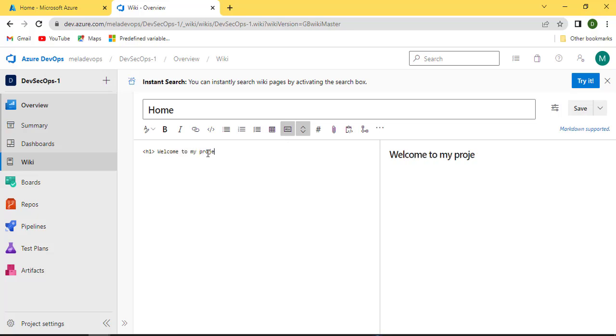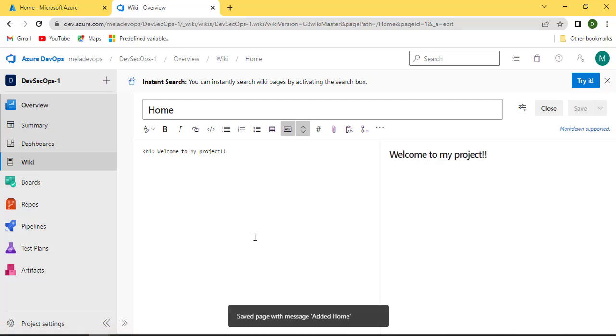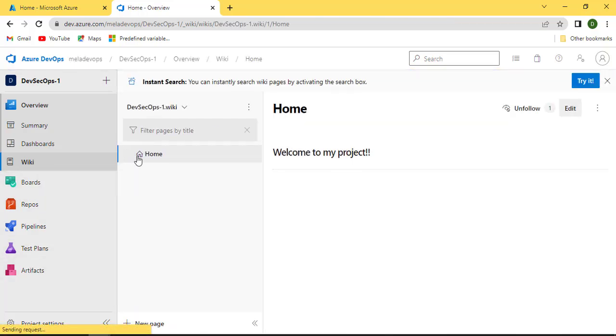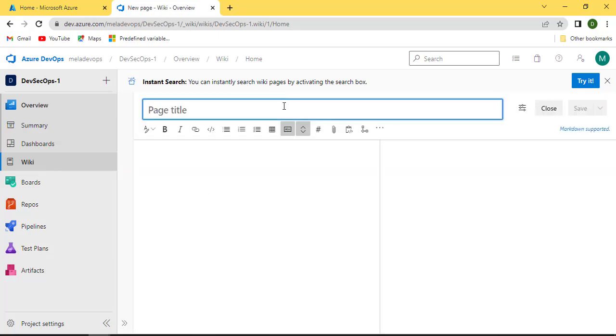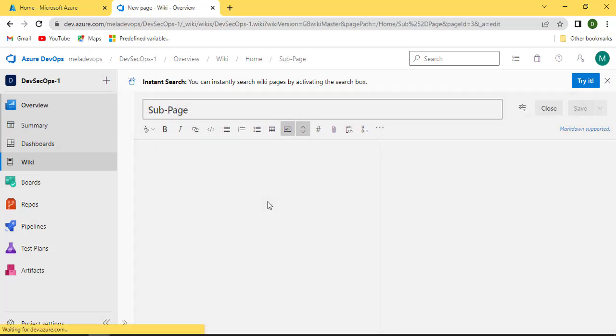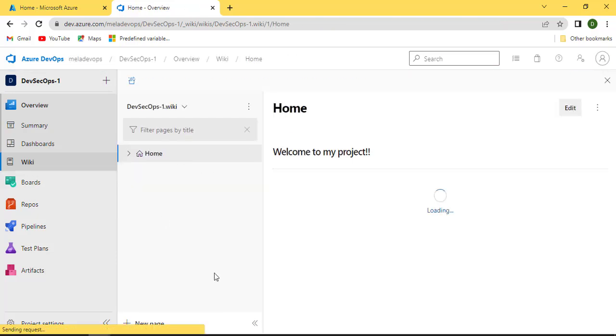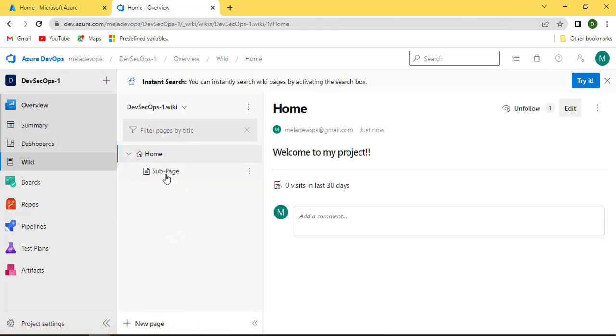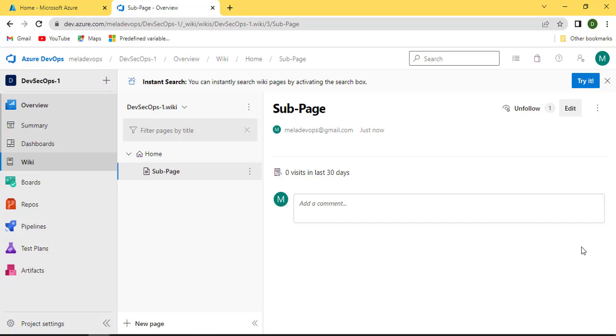You can use tables, so there are so many things you can do, I cannot even define those tags, and there are many things. So you can have this home page created. Whenever you come to wiki, this is how it looks like. Welcome to my project. If you want to create a sub page, you can add a sub page. If you want to attach something to it, you can also attach something to it. If you want to use HTML tagging, you can do that. See, this is how you can create your own wiki page for your project.